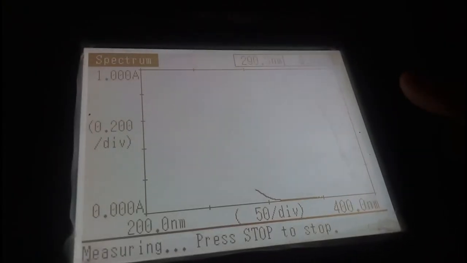So now we have to run the spectrum. After putting the sample, I press the start button, and now the UV spectrophotometer is measuring the wavelength of the sample.